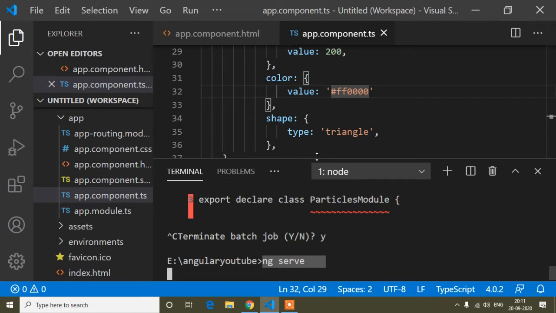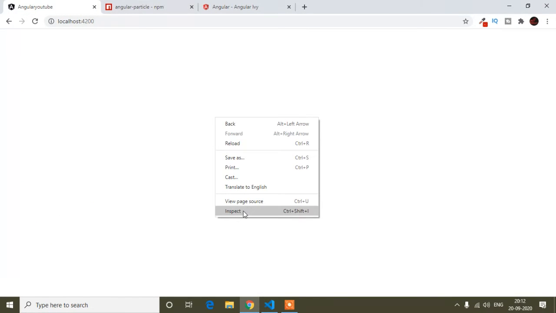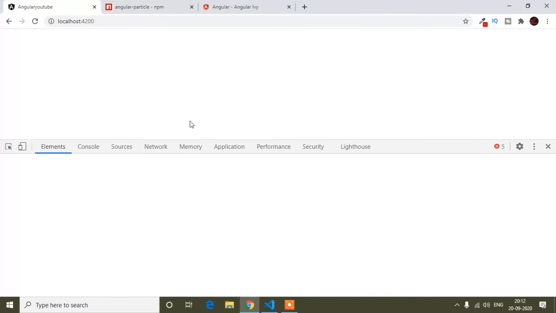It will take some time. Now again I'm showing here it's starting compiling.